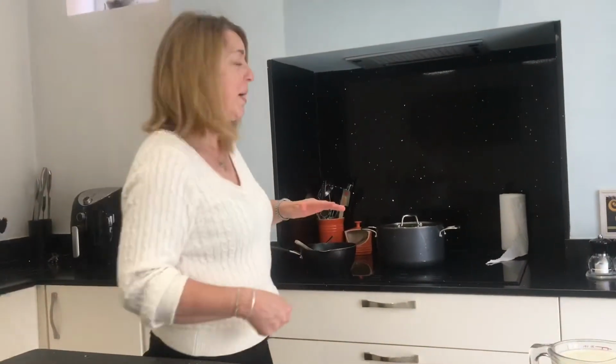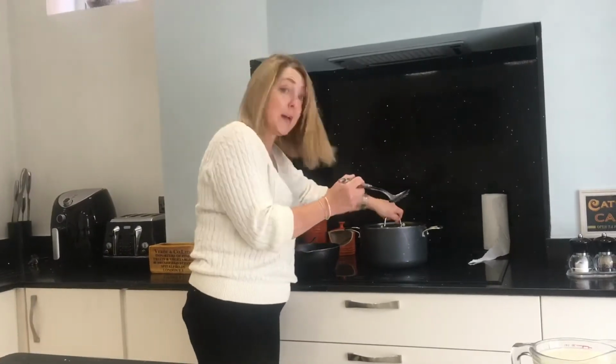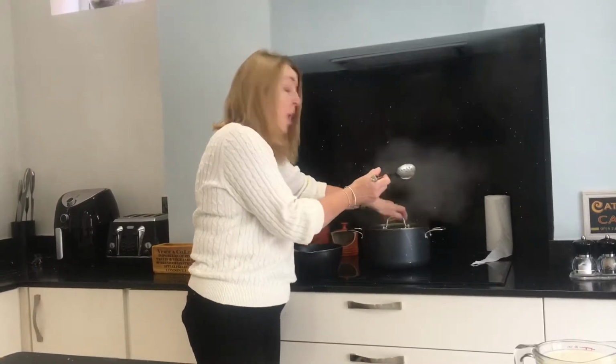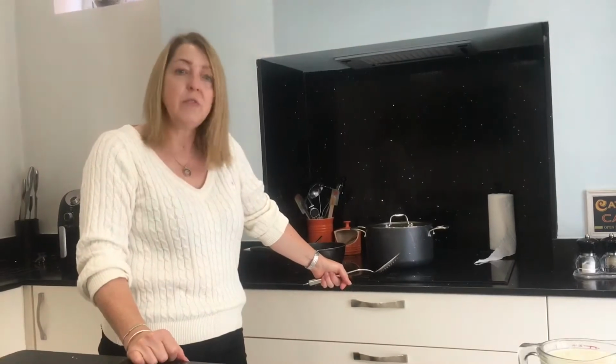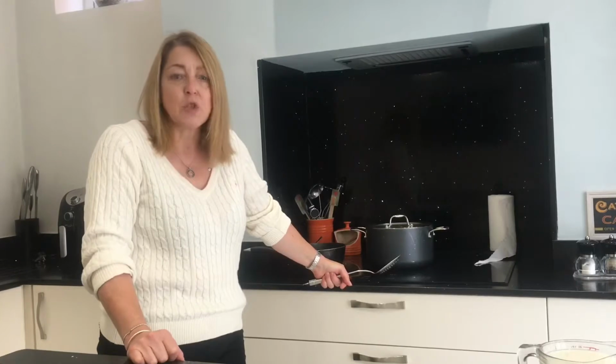So with my macaroni cheese, I'm actually not using macaroni, I'm using penne pasta, but you can use any type of pasta that you like. And I've got a big pan of water on there. Try and always bring the water to the boil before you add the pasta. Just read the instructions on the packet, because you can get quick cook pasta as well, which cooks in about